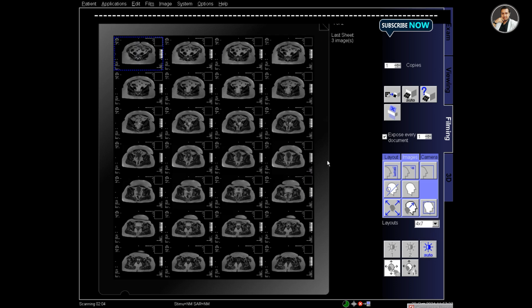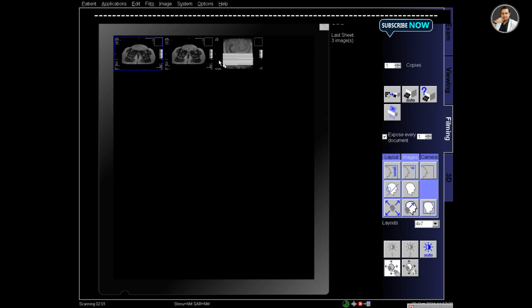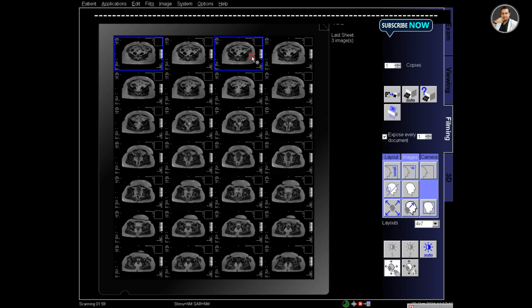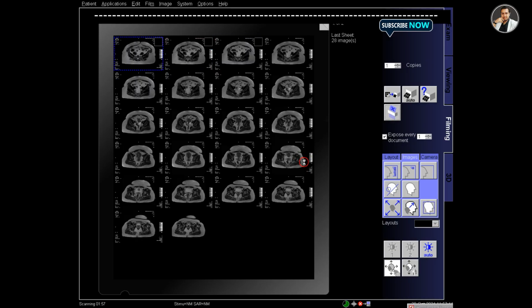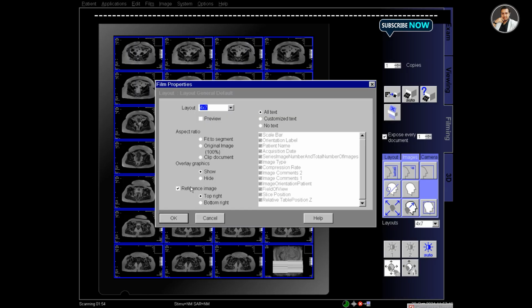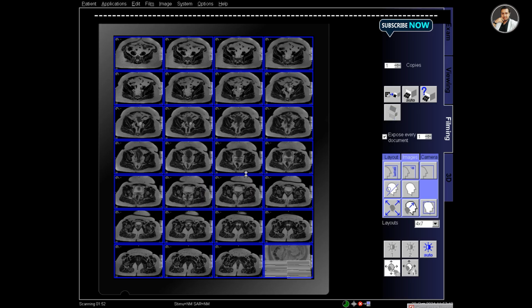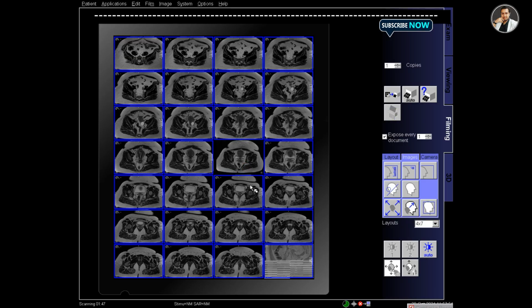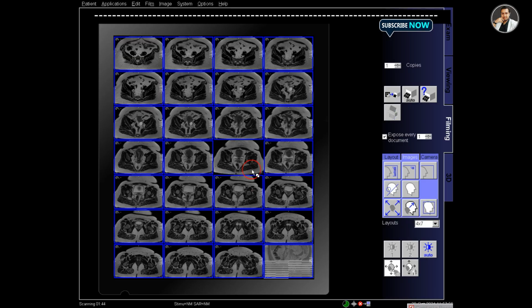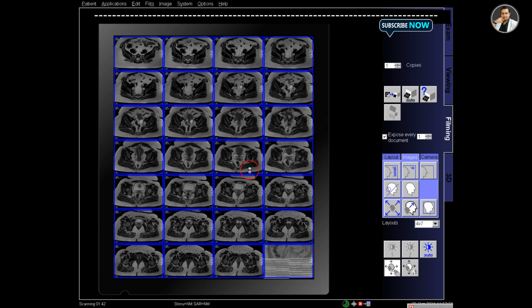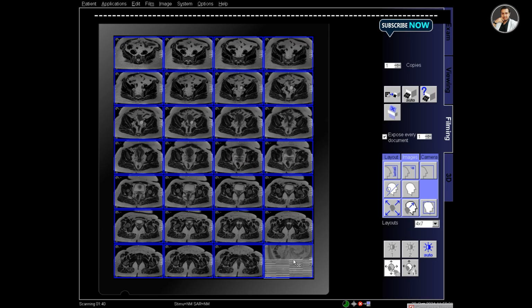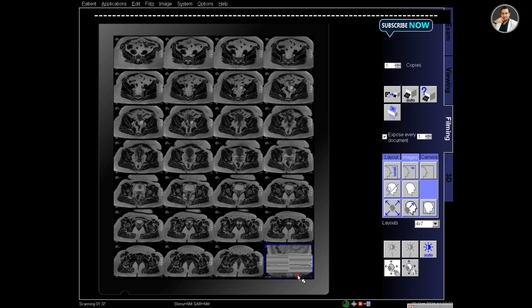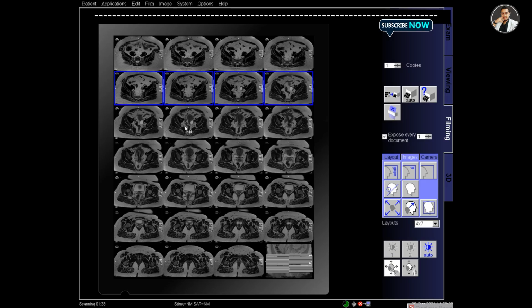Now I am printing the axial image. This is the T2 axial. For T2 axial, I have selected the 4 into 7 layout. Four into seven gives 28 segments in the film, and there is one reference image. So adjust the contrast and zoom pan the images so that they fit perfectly in the film.